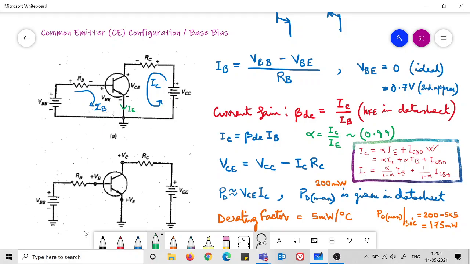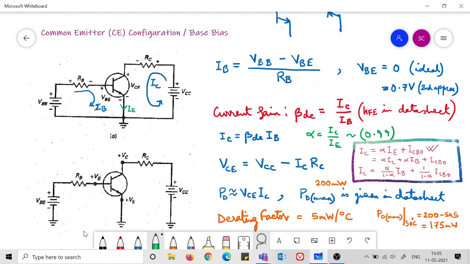From your end you have to be familiar with solving the different networks. Here there is an input loop and an output loop. So you only have to apply the loop equations, which are KVL and KCL. All these equations you have to apply, and you will be able to solve all these circuits on your own, because you know how to solve these circuits.